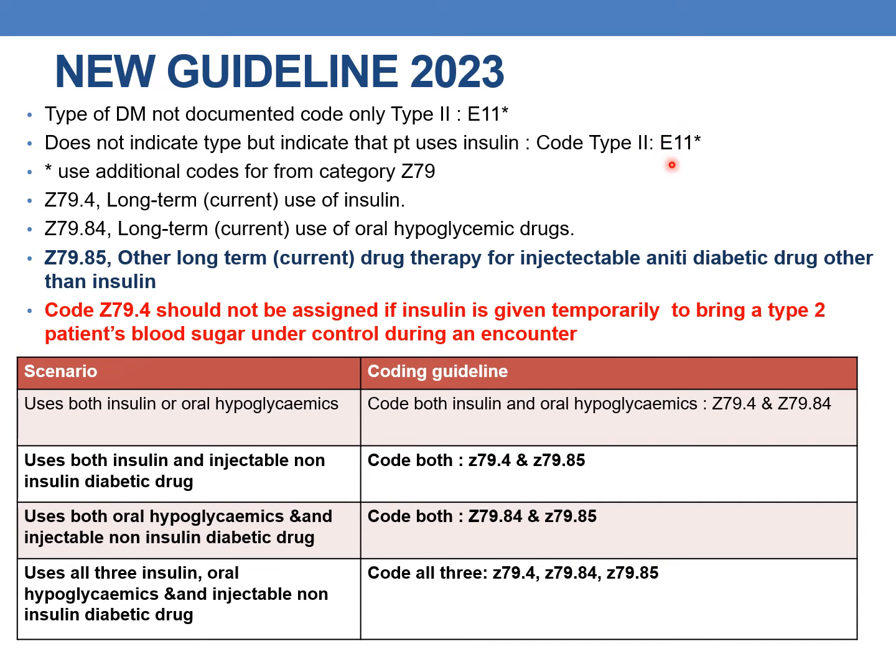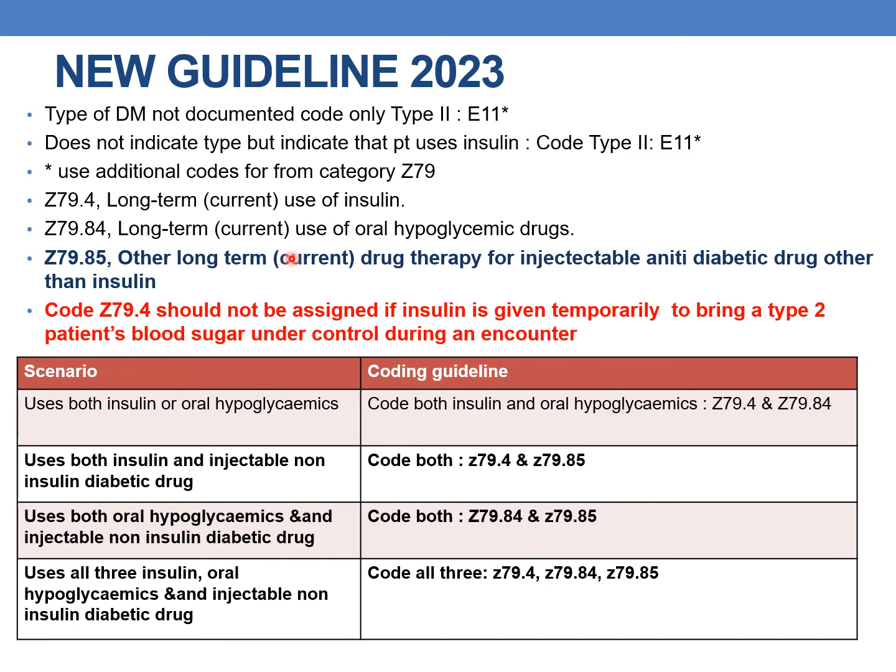And whenever we are assigning E11, E8, E9 and E13, in all these categories except E10, you need to use additional codes from the category Z79 to indicate the drug use for the control of diabetes mellitus. So in all these cases you need to assign these additional codes, that is Z79.4 for long-term current use of insulin,